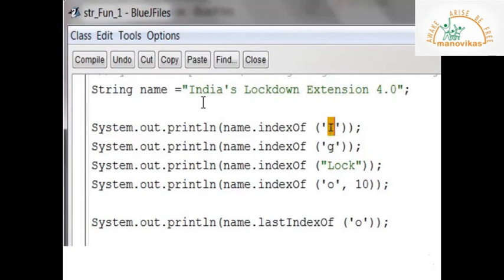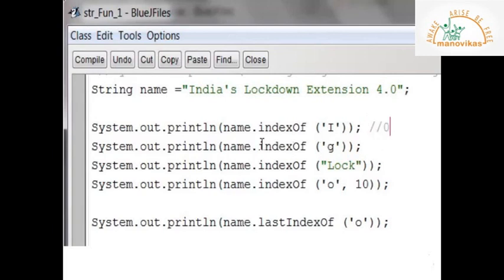Where is this letter in your string? This is your letter, and that is in the first place. Now that is the first letter of the string, and I have explained to you the first letter will have the index as 0 because the index of string begins from 0. So the expected output here is 0.